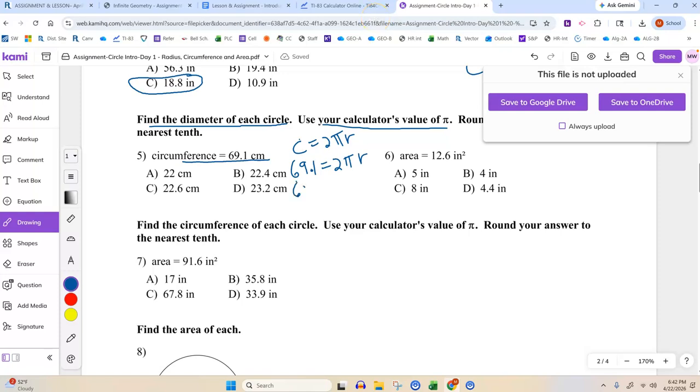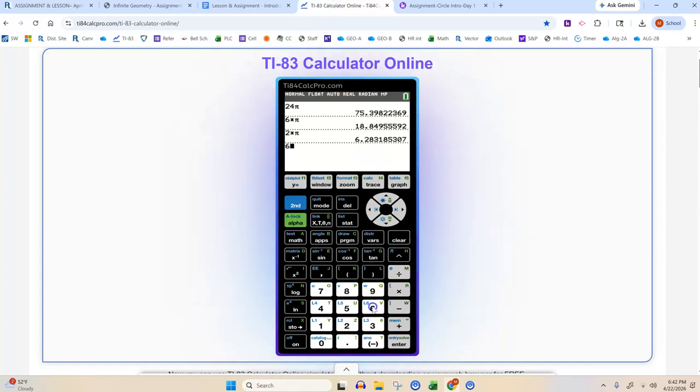So 69.1 equals 6.28 times r. And then we're going to divide by 6.28. And then this goes away, and then 69.1 divided by 6.28, I get 11.03